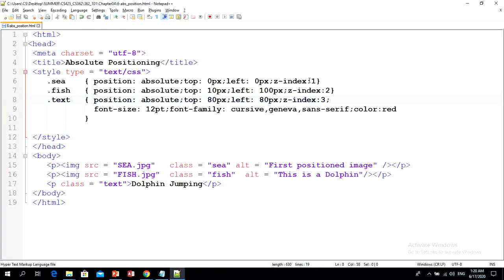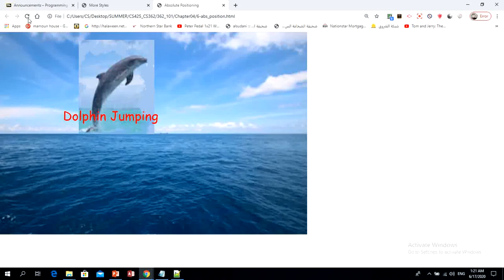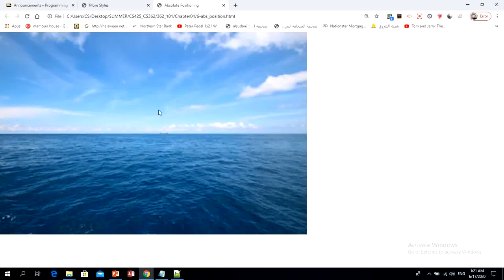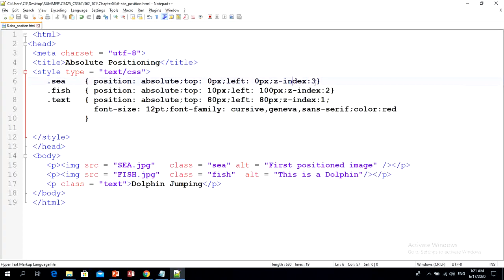But if you change the Z index to make it different, for example, the first one is going to be the text, and this one is going to be the second one, and this one is the third one. So what happens is that the C is going to cover these two, and your file will look as if there is nothing here, but there actually is, but it's covered by the Z index level